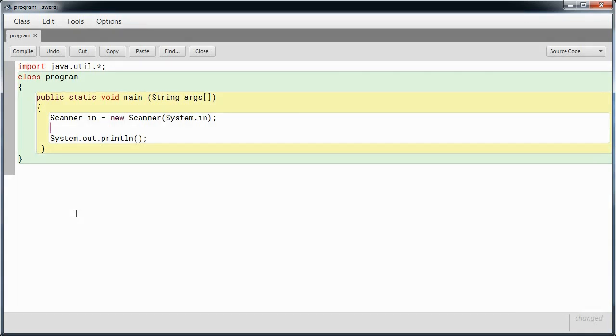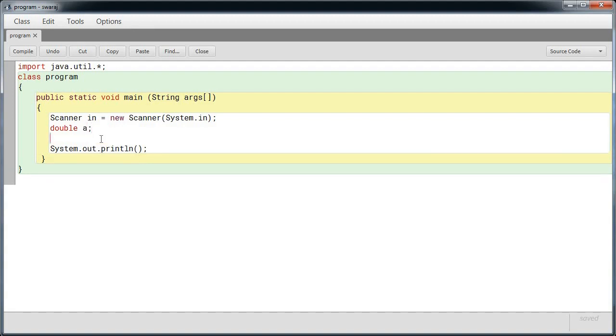To understand this better, let's write a small program. We will declare a double a semicolon. Now we will ask the user to enter a double for us. System.out.println, enter a decimal value.